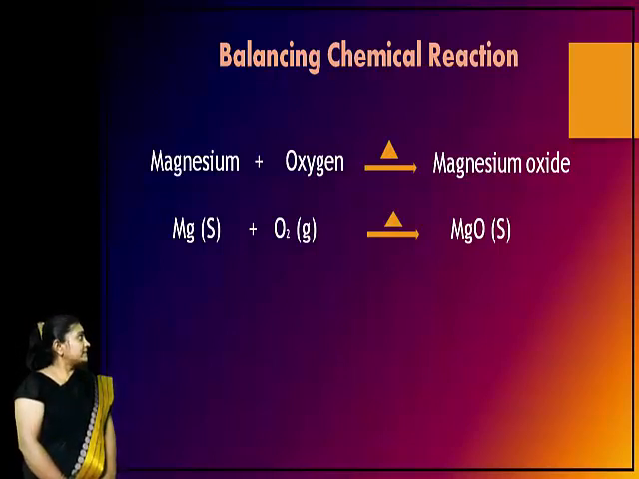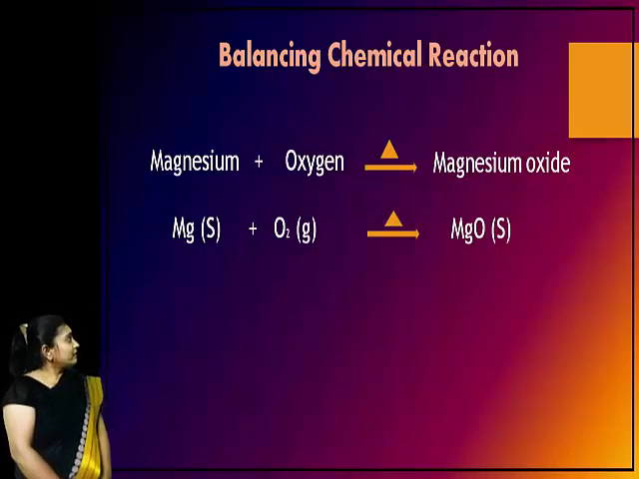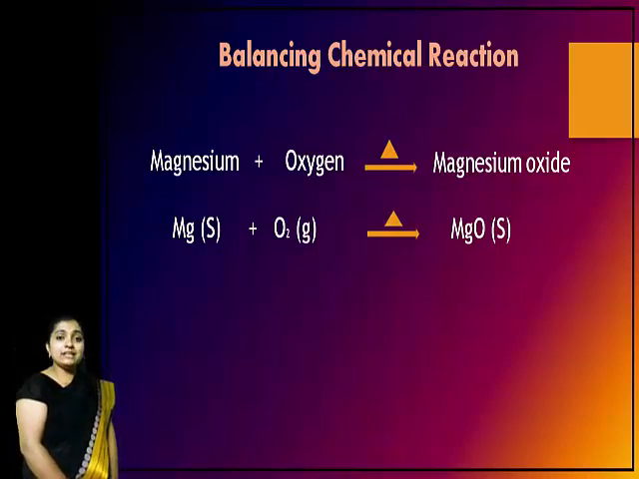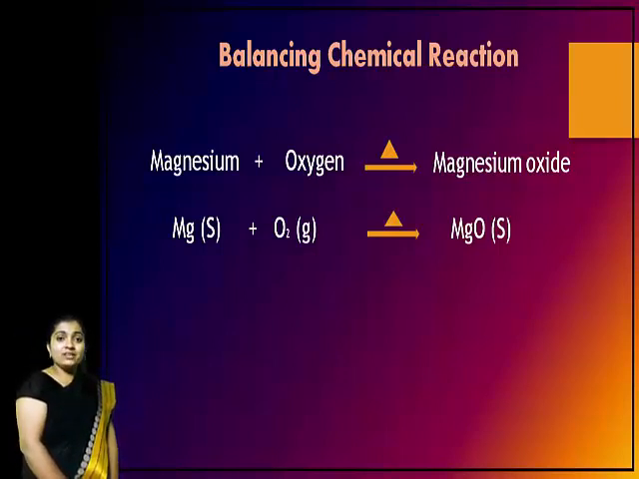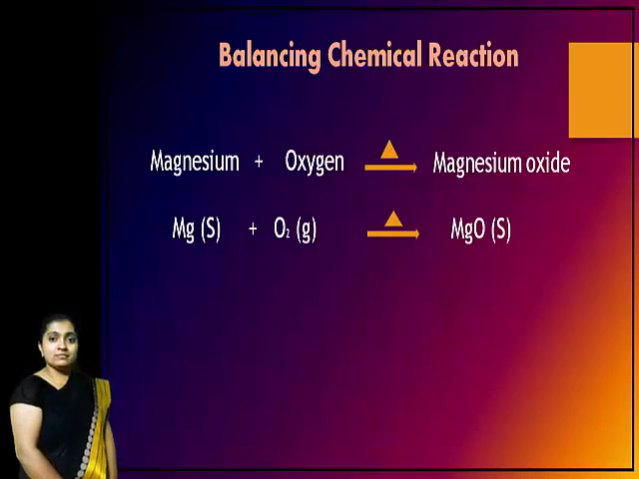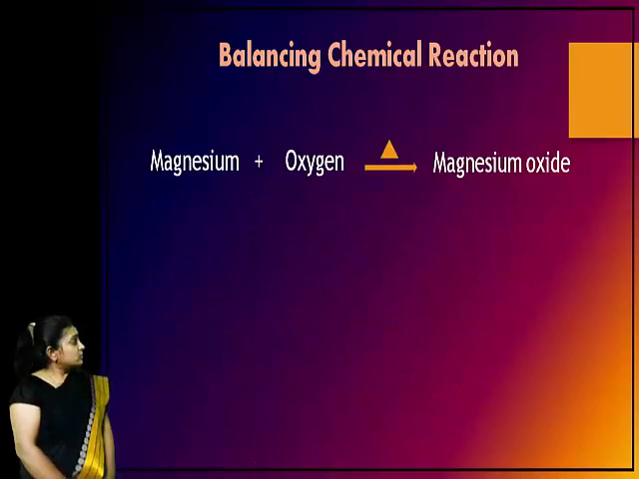Here on the left hand side there is one magnesium, and on the right hand side, that is on the product side, one magnesium. But if we see carefully, on the left hand side there are two oxygens, but on the right hand side there is only one oxygen. Therefore, we have to balance this equation. So, for balancing this equation, we cannot change oxygen because the molecular formula of oxygen is O2. So, therefore,